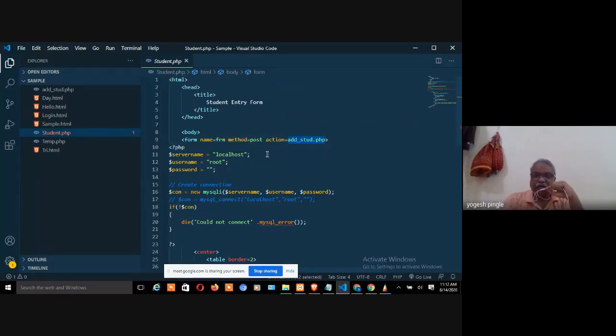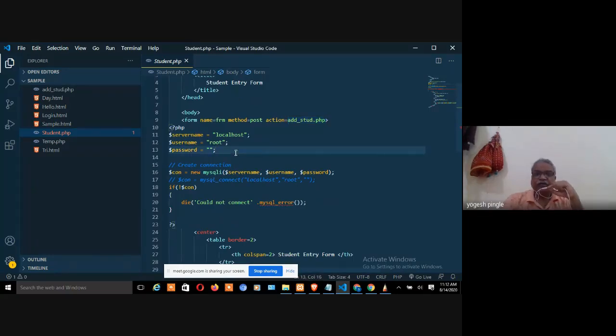Now the same code, which code? That particular W3Schools code. And which methodology are we adopting? We are adopting procedural. Why procedural? See this code. Now look at the code. The code is very simple. So don't copy paste it, type it. Type karo, copy paste karo mat. The code is there, you can just copy paste or type it.